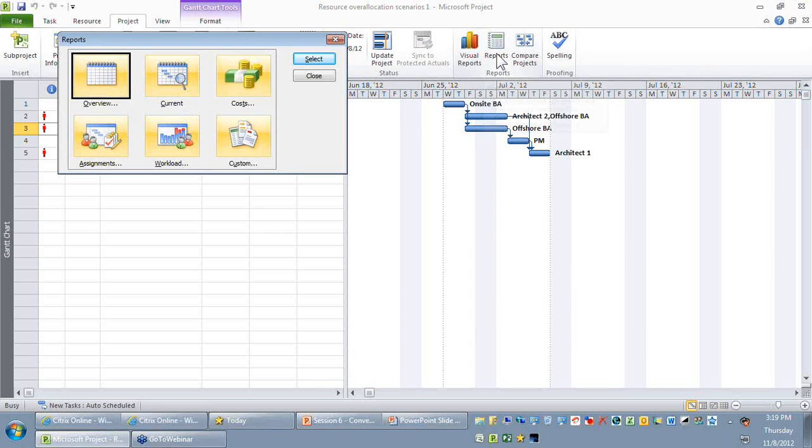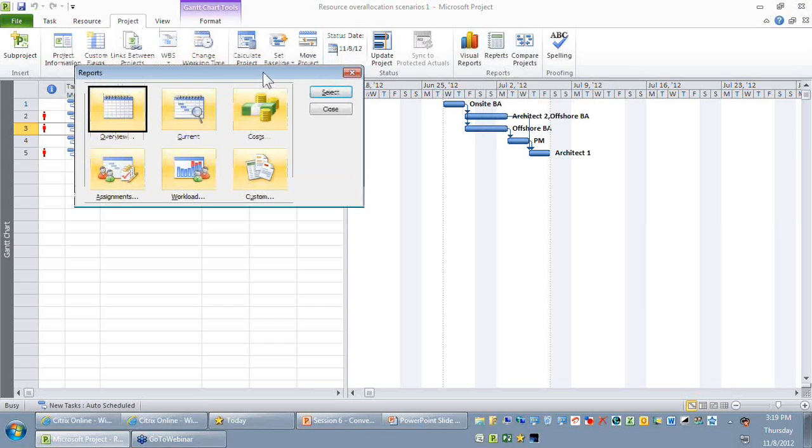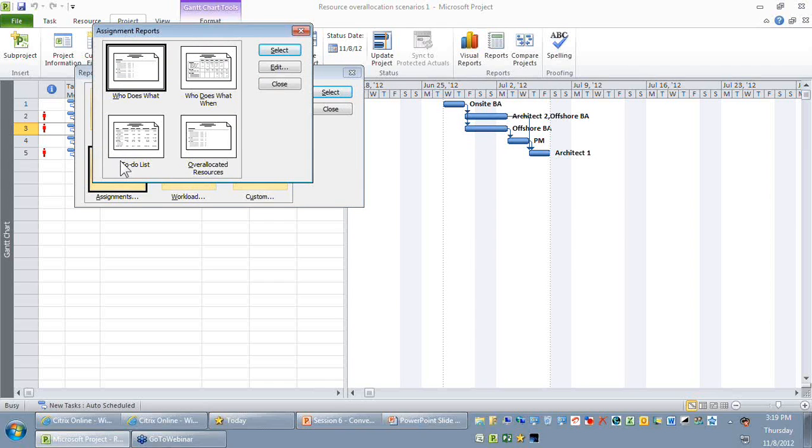On the tabular report, just make sure that you open the assignments category. On the assignments category, I hope you can see there are four types of reports available. One is called who does what, who does what and when, the to-do list, and the overallocated resources. So I'm just going to open the last report called overallocated resource.